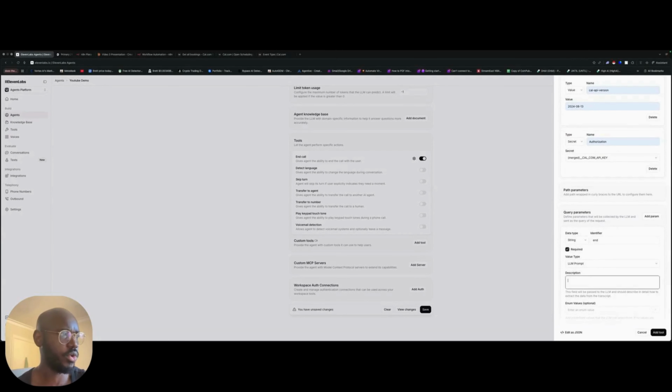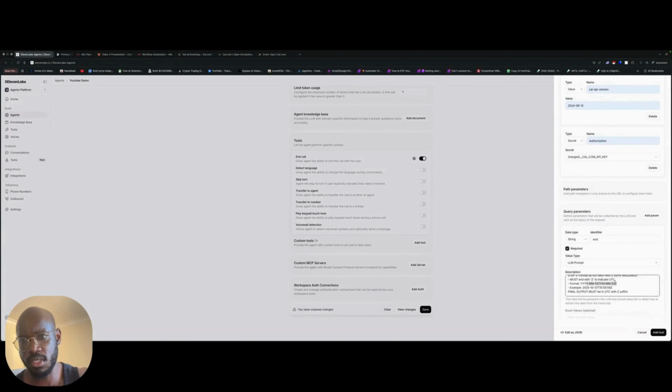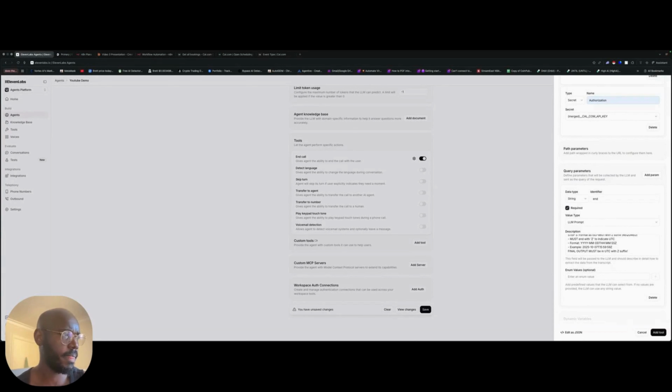Like we mentioned before, you need to ensure that you have all these details. Okay. This is very important. It needs to convert it to UTC. However, this format is ISO. All right. And then you add another one,